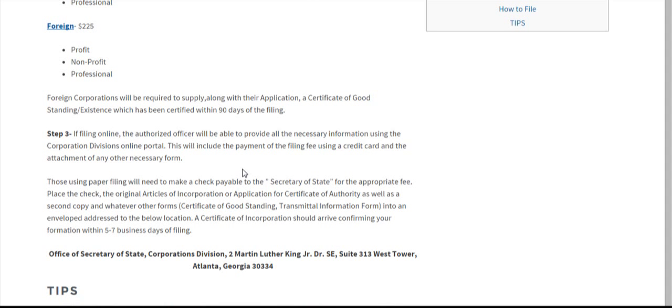If you've decided to file online, the authorized officer will be able to provide all the necessary information and make the payment of the filing fee using their credit card. So that's much simpler to file online, regardless of whether it's domestic or foreign. Paper filings, however, you'll need to attach probably